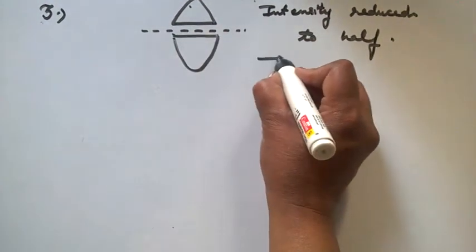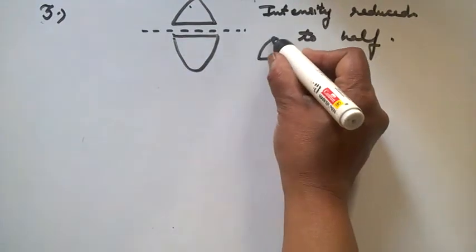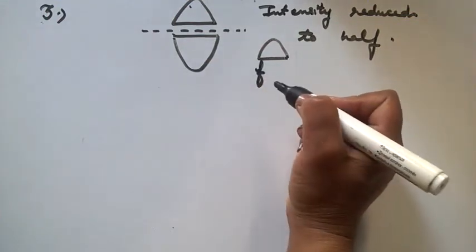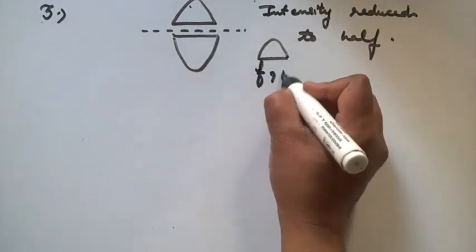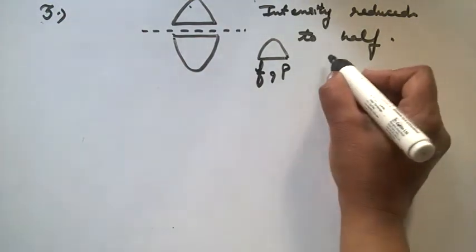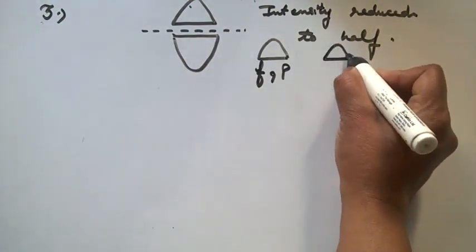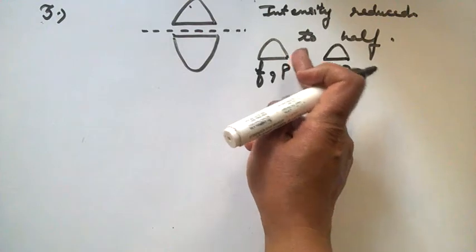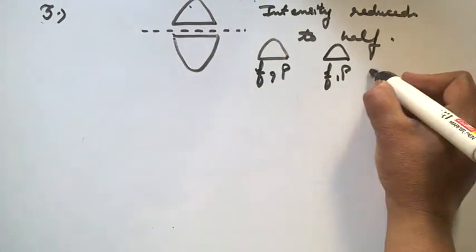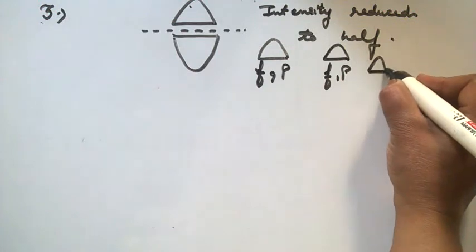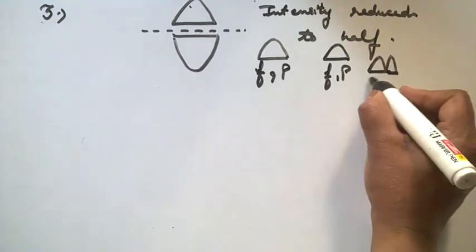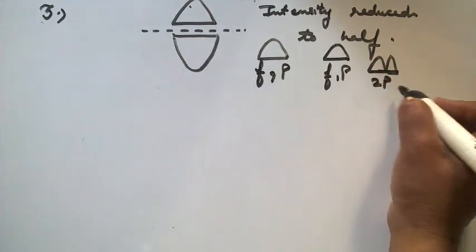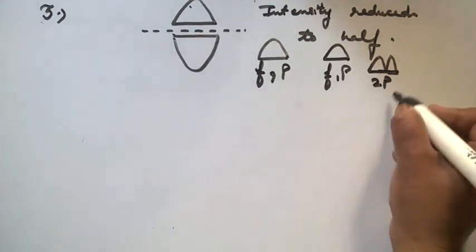But here, what about its focal length and power? For each half part, the focal length will remain as it is for the full lens, and so the power is also the same for both the half parts. And when we add them, that is, if we make them in contact, then what will happen? Here this is the first part and this is the second part, then their power will get added up, 2P, the algebraic sum, as the lenses are the same. So here it is 2P, and the focal length is equal to f by 2.